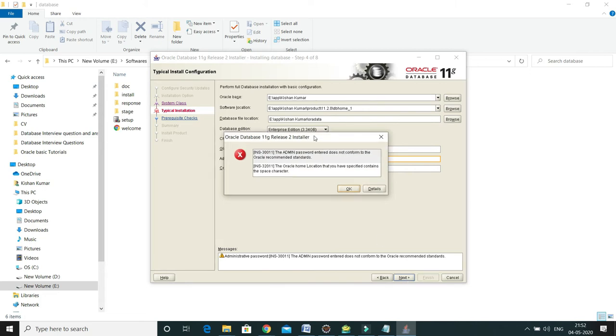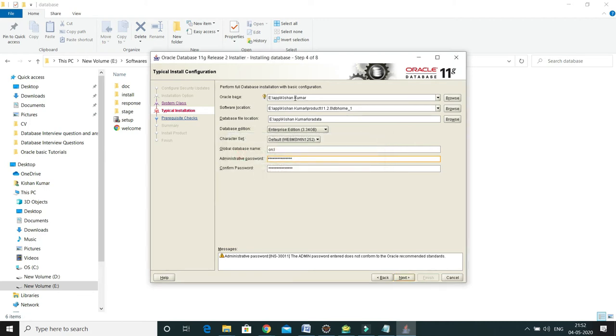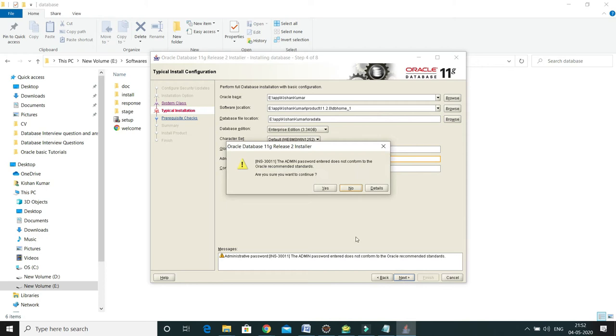Now here some problem is coming. The Oracle home location that you have specified contains spaces, right? Oracle does not allow spaces, so remove this space. If there is some space, then remove that one and click on next.